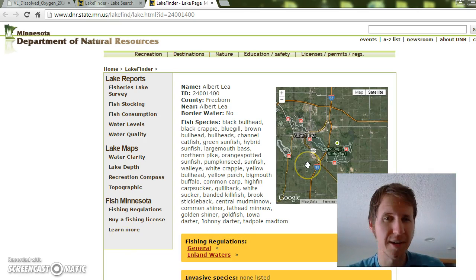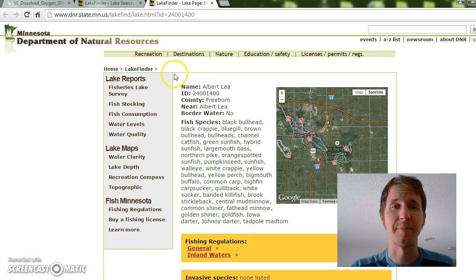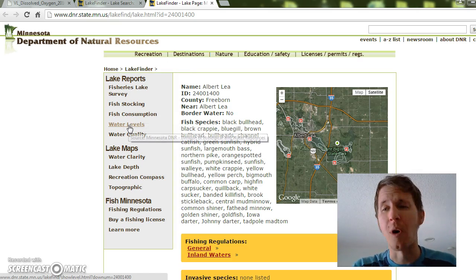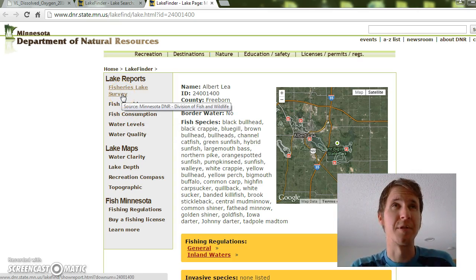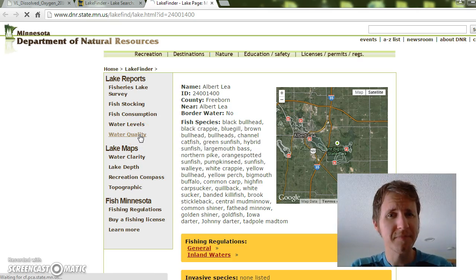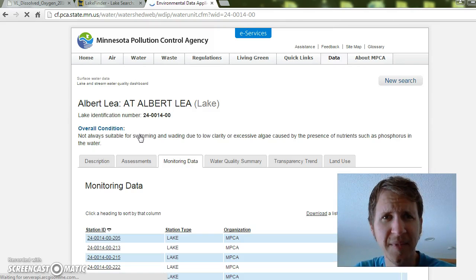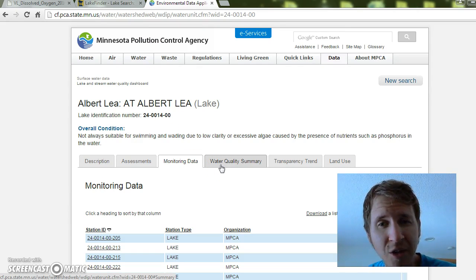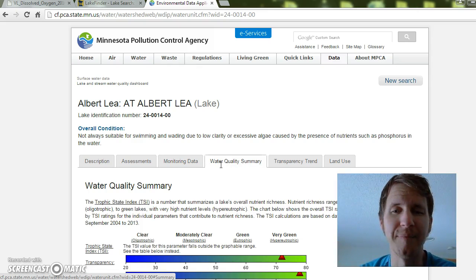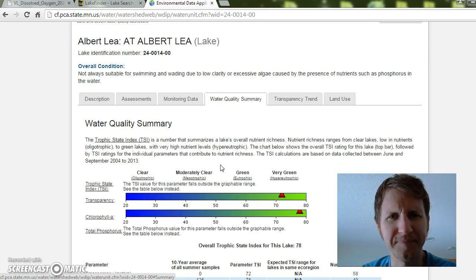And so the DNR gives you all sorts of cool things about many, many lakes in the state of Minnesota, like for instance fish stocking, what is safe to consume for amounts of fish, water levels of the lake over time, fisheries survey, what types of fish are in the lake, water quality. We're going to focus on water quality. And we go to a page by the Minnesota Pollution Control Agency, who is in charge of monitoring this kind of stuff. So if you work for the PCA, you would be responsible for monitoring lakes for dissolved oxygen levels and how much phosphorus is in the lake and things like that. So if we take a look at Albert Lea Lake,